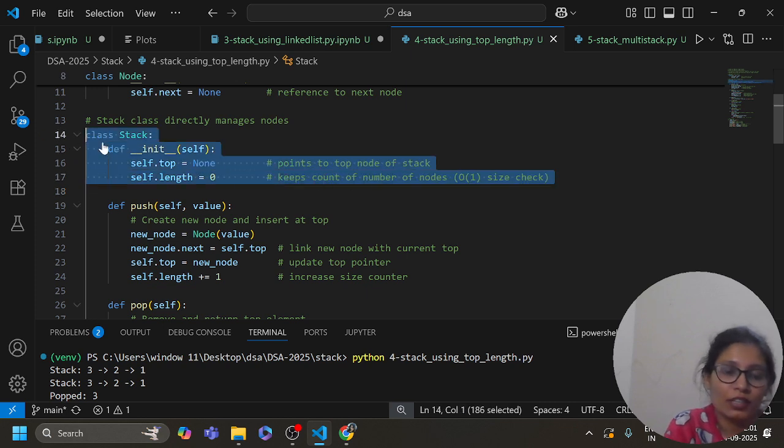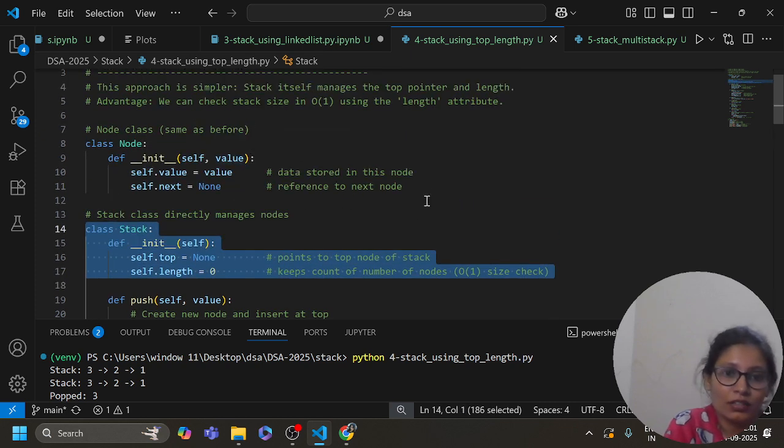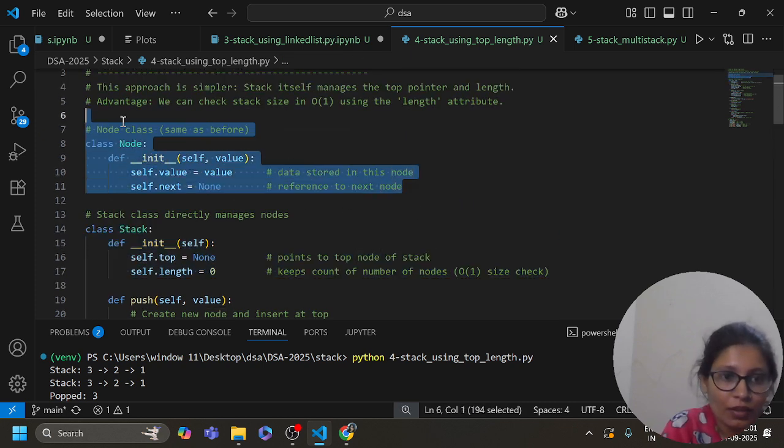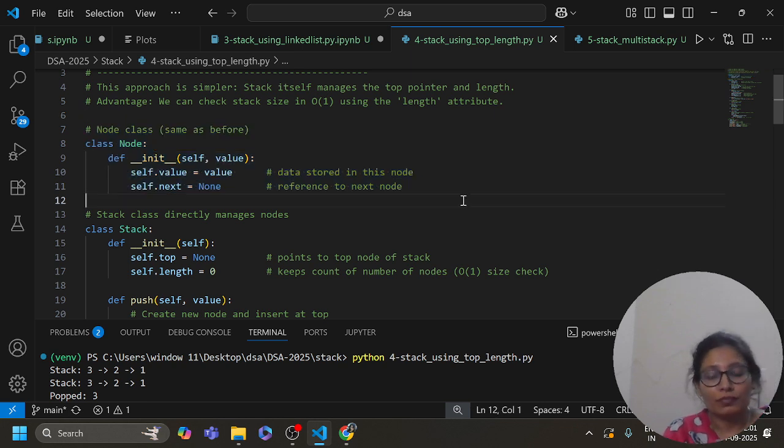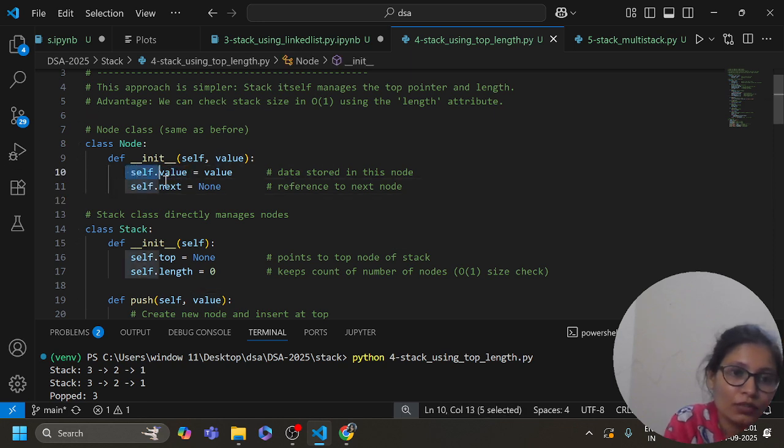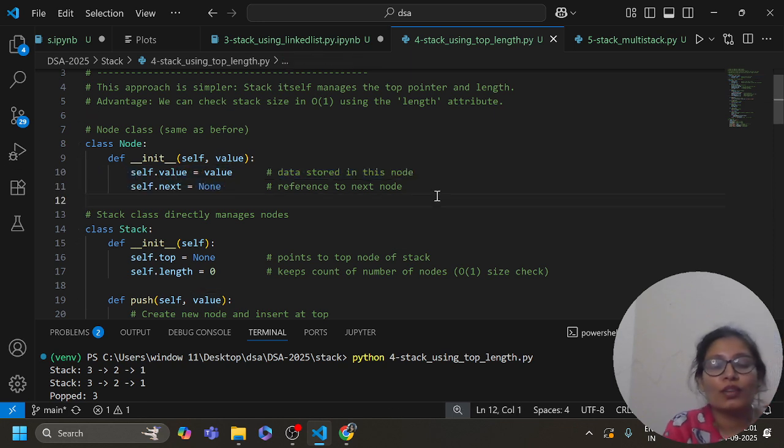This is our stack class, and this is for the node. This is the node class with which we can create our nodes, with the node value and next.